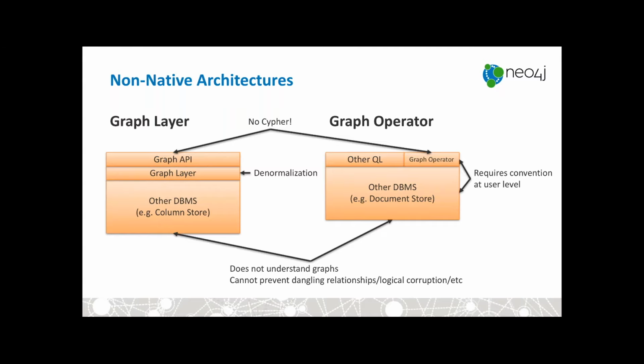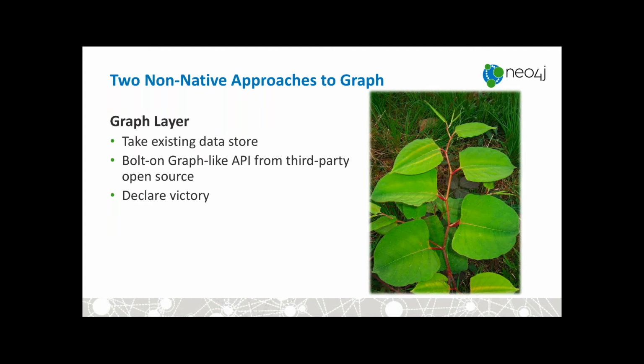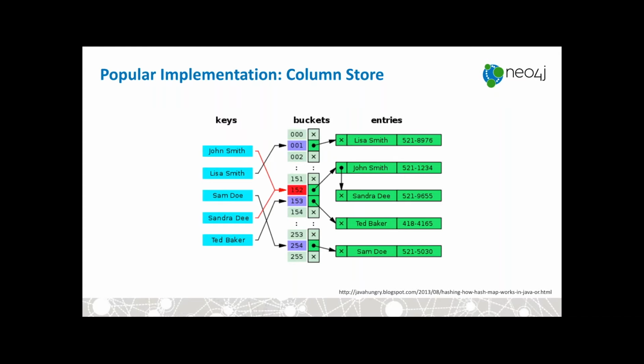And ultimately, these engines may well be amazing engines for what they do, but they don't understand graphs. They can't prevent dangling relationships, which is logical corruption, which ruins your graph. All you can do is hope, and hope is not strategy. So the graph layer: take an existing data store, bolt on a graph-like API from a third party, and declare victory. If we think about how this might be implemented, we think that a popular style might be something like